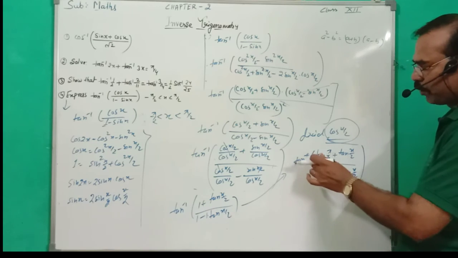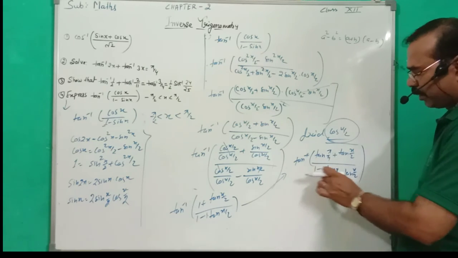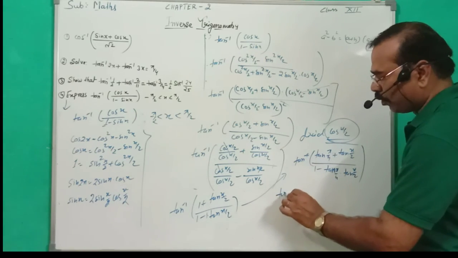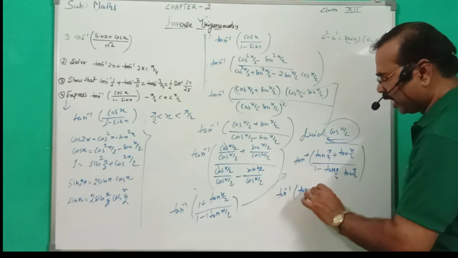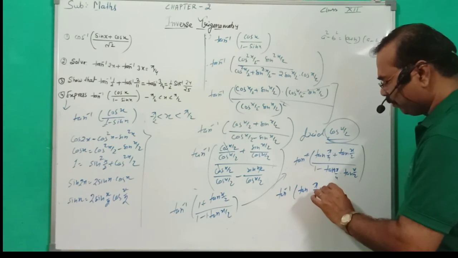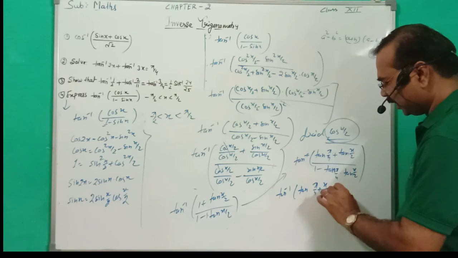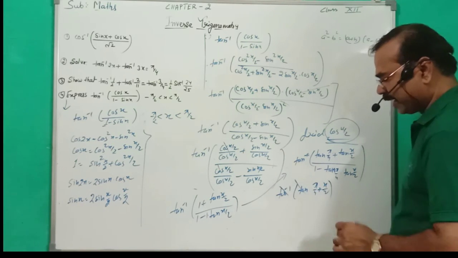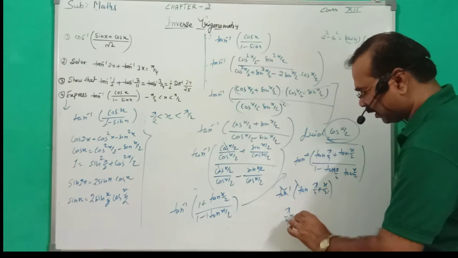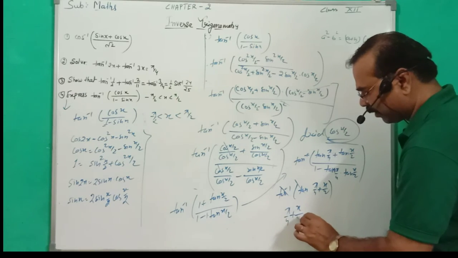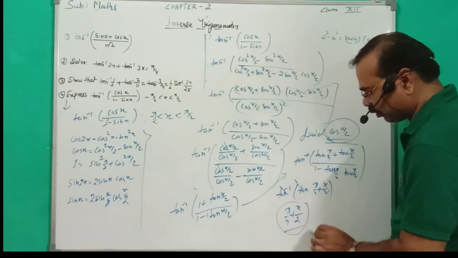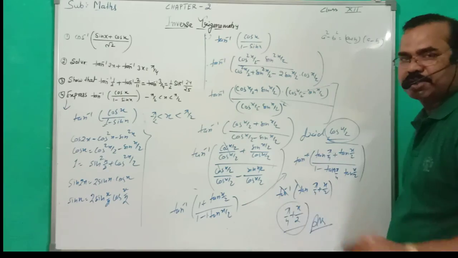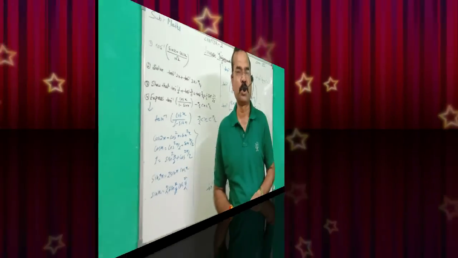Okay students, that is the property of tan a plus tan b upon 1 minus tan a tan b. What is the property? That is the property of tan of a plus b. Now tan inverse and tan cancel. Now our answer is pi by 4 plus x by 2. That is your answer. Okay students, now we have to discuss more questions in our